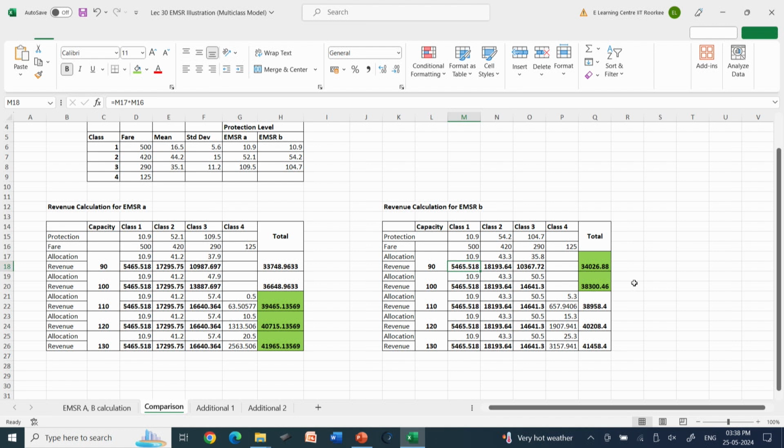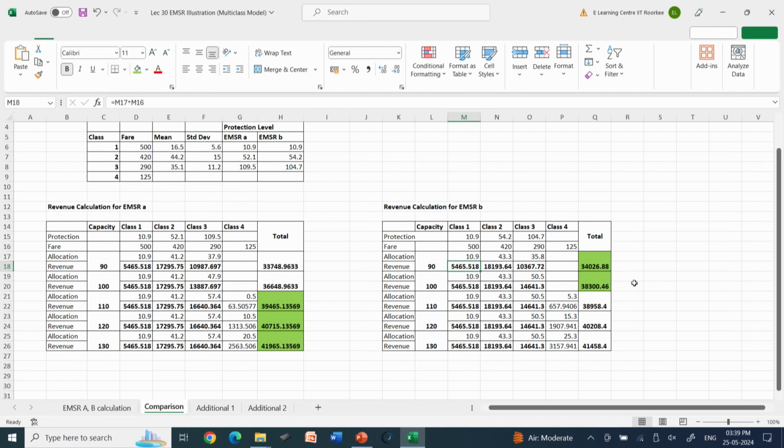And when you go to the lower part of this allocation table, if I have a capacity of 110, 120 or 130, then the EMSRB is showing the better results. I have shown you this particular table and the calculations, and I request you to do these calculations on your own. Data is there in front of you. You have seen the application of formula, you have seen the logic also, and using all these things, you should be able to do the revenue calculations